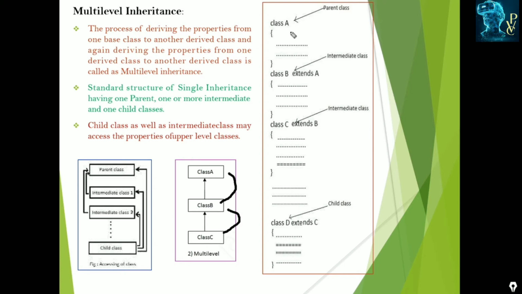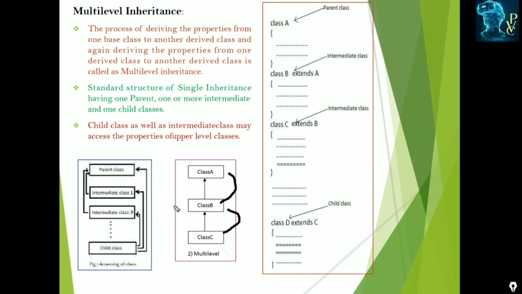For example, here you observe class A. This is the parent class, which extends to B, and class B is extended to C. So class B is parent for class C, and between class A and C it is the intermediate class. And class D is extended from C. So class C is the parent for class D, class B is the parent for class C, and class A is parent for B. So class D can access the members from class A, class B, class C as well, and as many classes as work as the intermediate or parent classes. This is called multi-level inheritance.